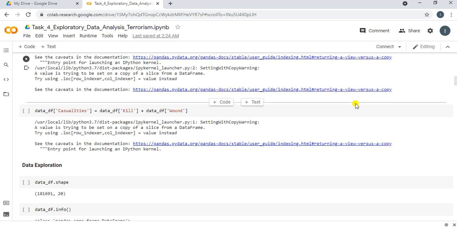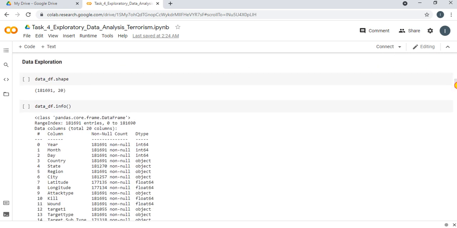Further, we need to explore the data. So, shape is used which extracts the shape of the data set, that is the number of rows and number of columns. And from the output itself, we can understand that 1,81,691 rows are present, whereas 20 columns are present.